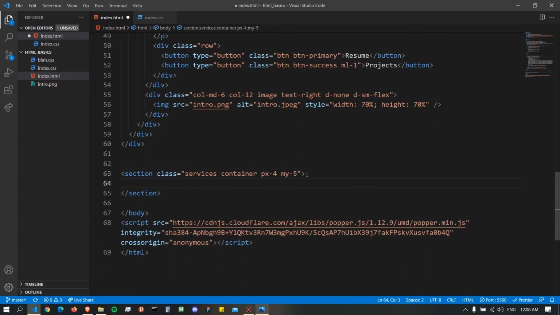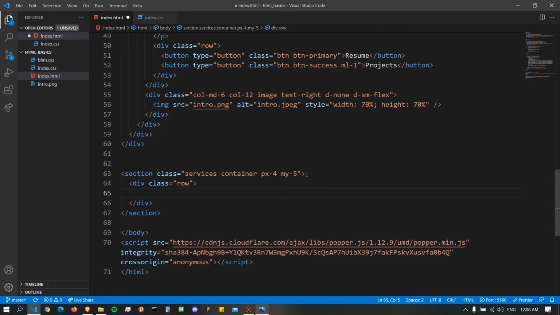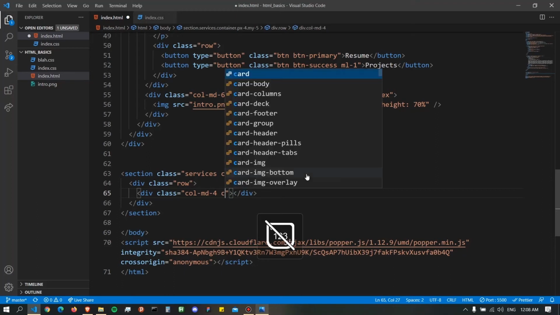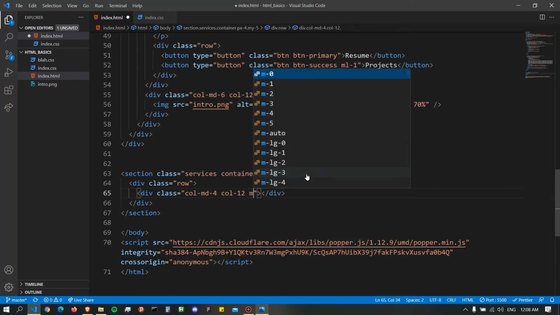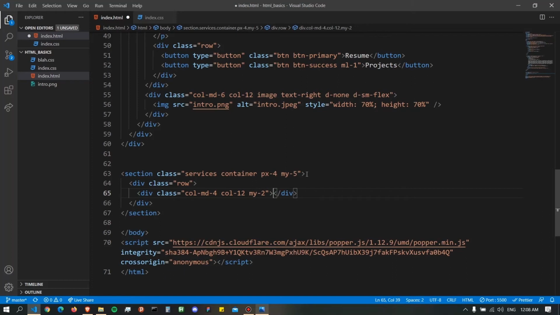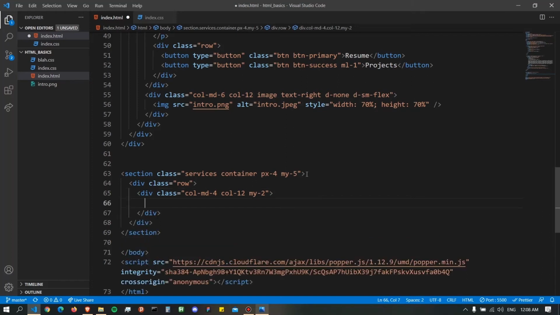Inside this section, let's create a div of row, and then we'll create some columns. So div dot col-md-4, then I'll say col-12 and my-2. In this, I'll create a div of card,